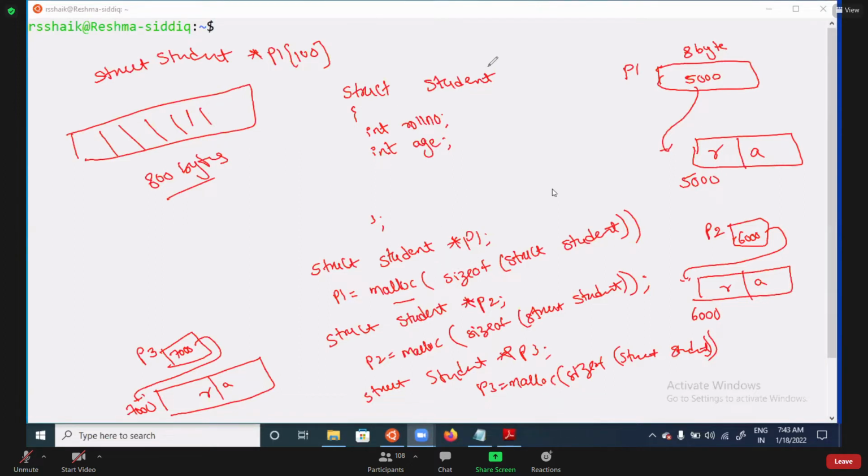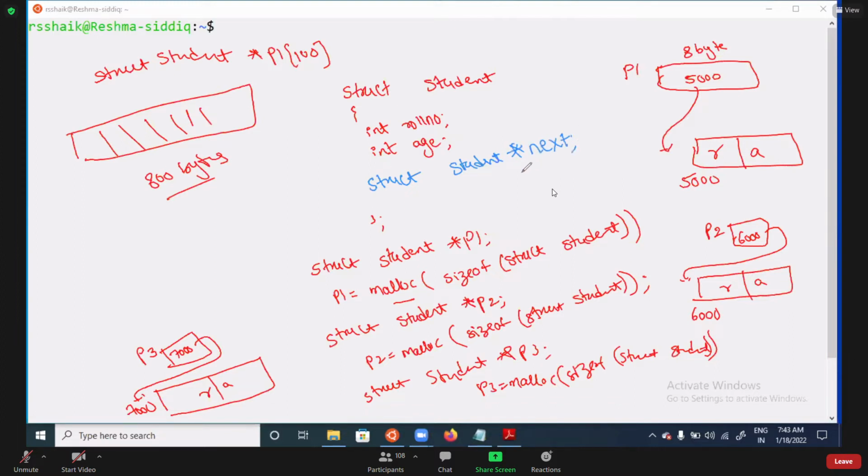That means instead of taking the pointer in the main function, I am going to take the structure pointer inside this struct student: struct student star next.